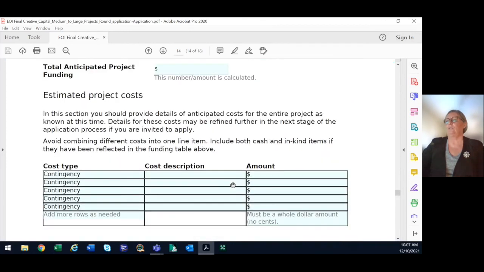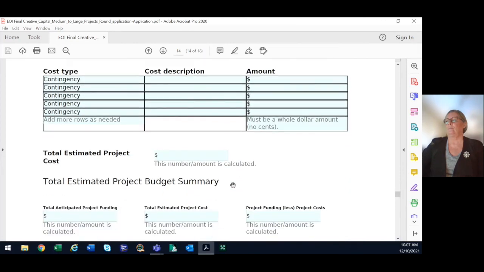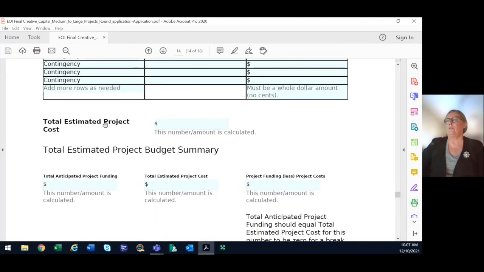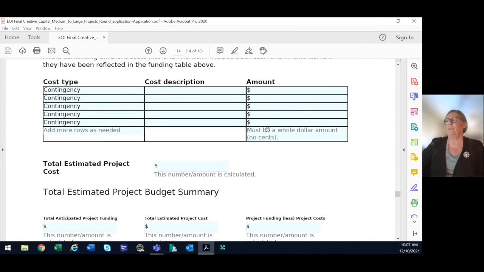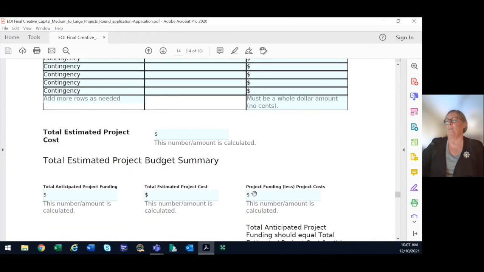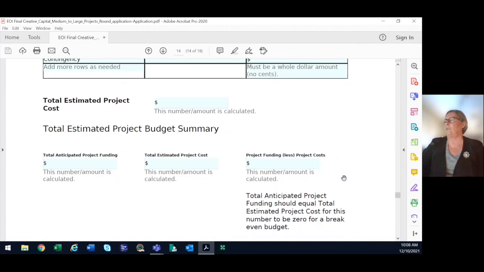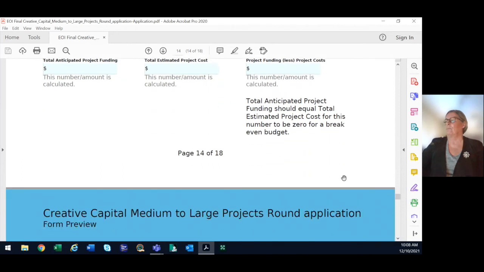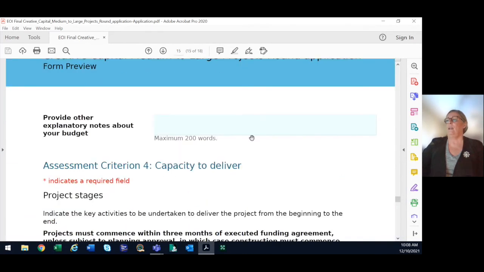The estimated total project costs, and this number here, the total estimated project cost, once you've completed these dollar amounts, we'll calculate here. This then gives you your total estimated project budget summary. So the total anticipated project funding, the total estimated project cost, and project funding less your project costs. You can also provide some additional details and explanatory notes on your budget